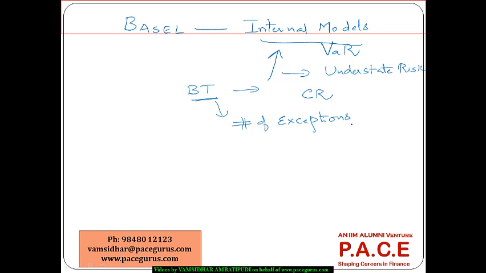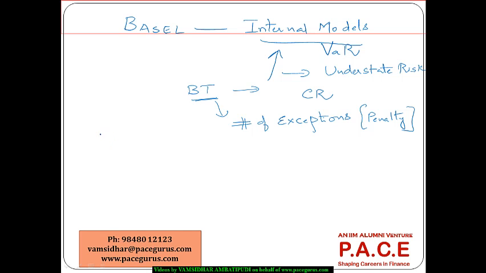So, based on that, they are even putting a penalty in terms of the VAR that needs to be set, the capital that needs to be set based on the VAR requirement. Which means backtesting has played a very important role for the banks to really take a decision regarding allowing the banks to use their own internal model, because the intention is any backtesting that we are